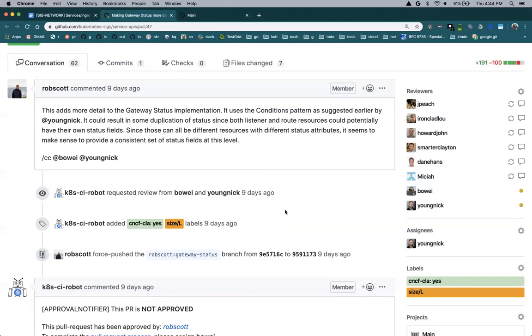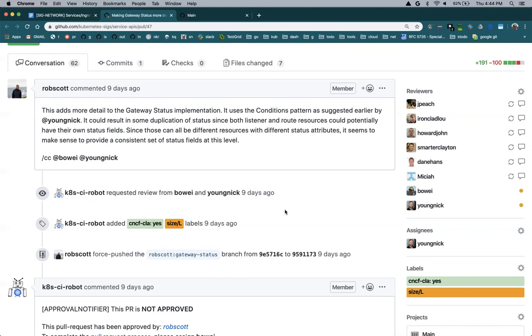So the second pass at this, I pushed out yesterday, I think, and made a few changes based on feedback. One of them was to go ahead and, at least for now, remove the concept of status for individual routes from Gateway. And we can discuss if we want to pull that back at some point, but that was based on a few things.